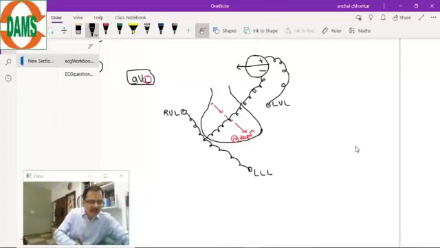Now I will make the vector line of the AVL. The arrowhead will be towards the left upper limb, and the tail will be perpendicular to the right upper limb and left lower leg. So this will be the vector line of AVL.